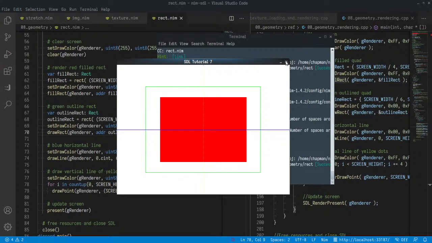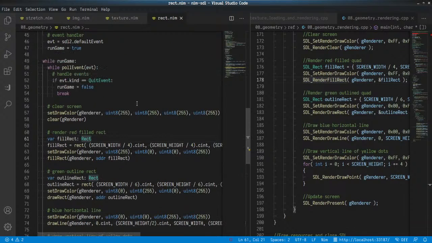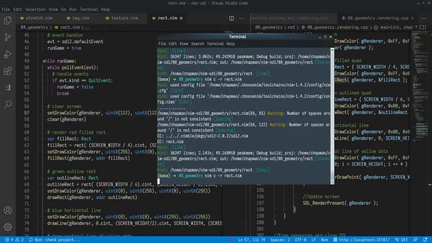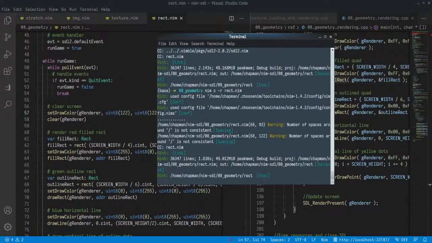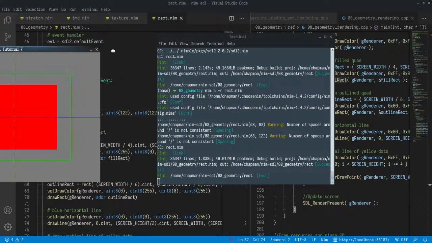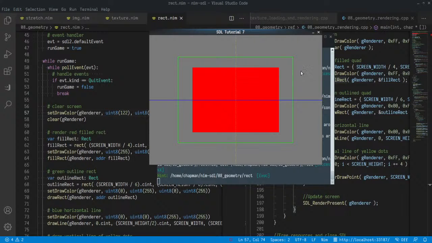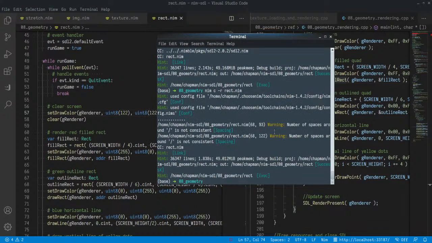So let's just show that this works. So we've set this screen to white. Why don't we choose a different color? Why not some kind of gray? Let's just see what happens when we do this. Okay, and we can see that we've changed the background. So there we have it. That's the 8th chapter within this